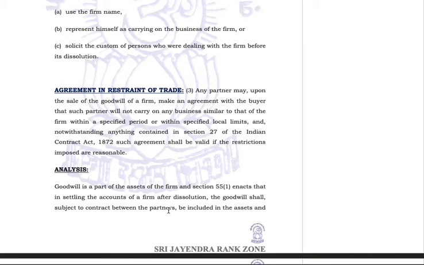The goodwill shall, subject to the contract between the partners. If there is a contract between the partners that one partner will retain the goodwill and the goodwill shall not be sold, then you cannot sell the goodwill. Then the other partner will keep the goodwill with him and you can sell off the property. But if there is no such contract between the partners,